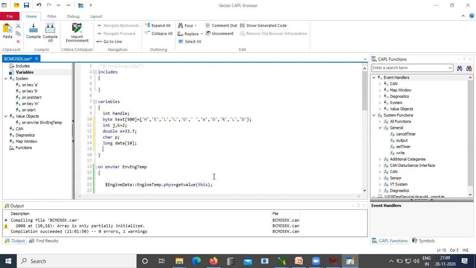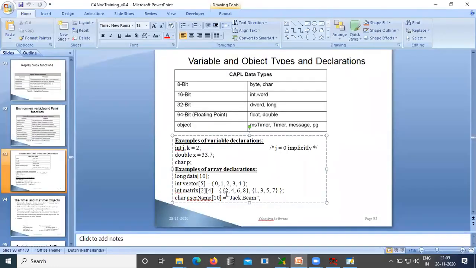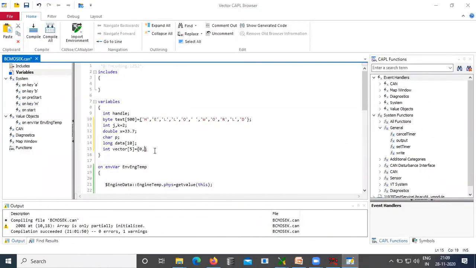Then we have an int vector of 5, I believe, with the data 0, 1, 2, 3, 4. Okay, then we have a terminator.